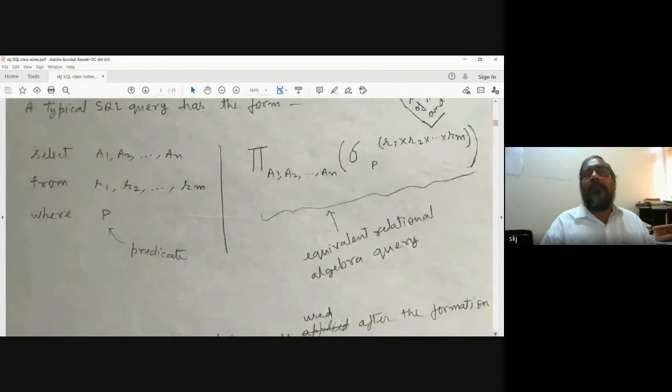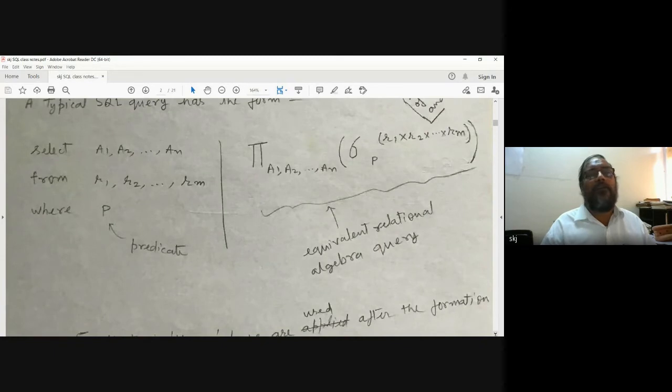If you have studied relational algebra, there we have a different kind of notation. This notation is used for project, and this notation is used for select.